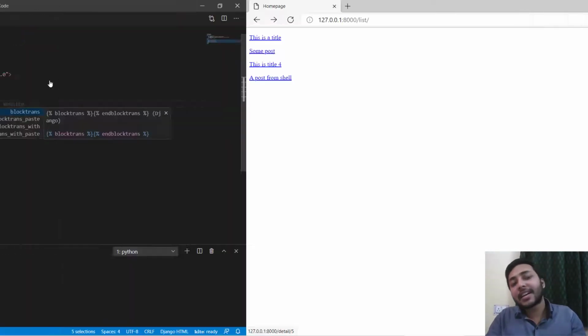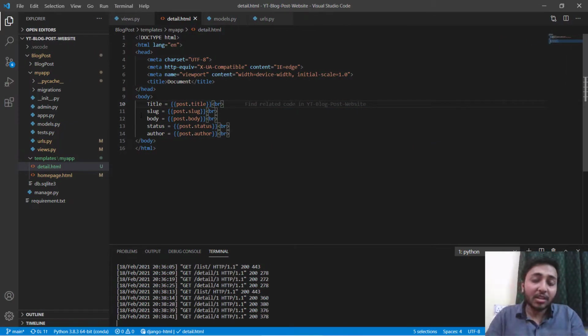So that's how you will create your detail view. If you have any doubt, just let me know in the comment section, or you can ask me on